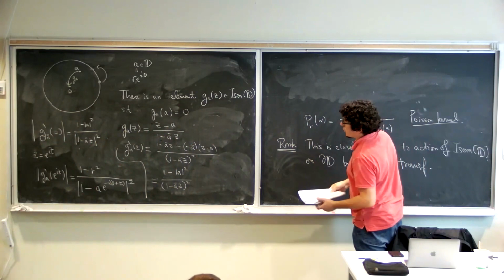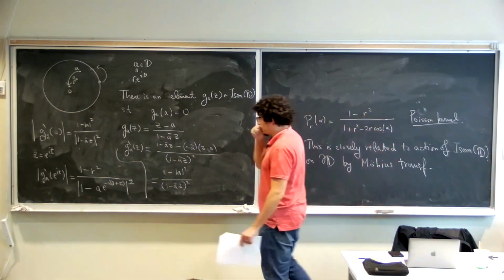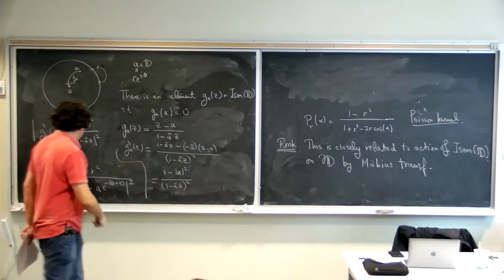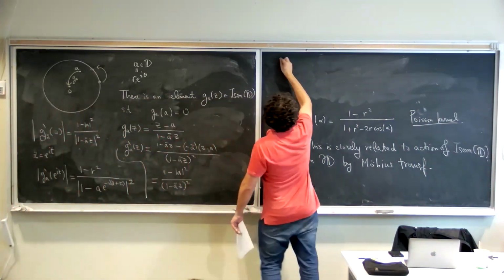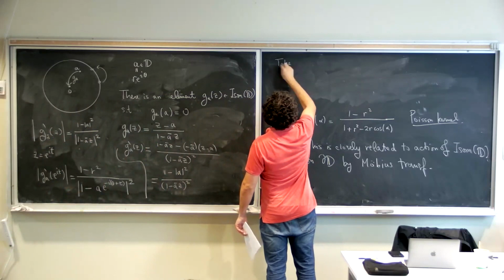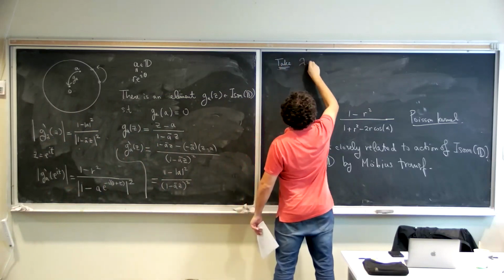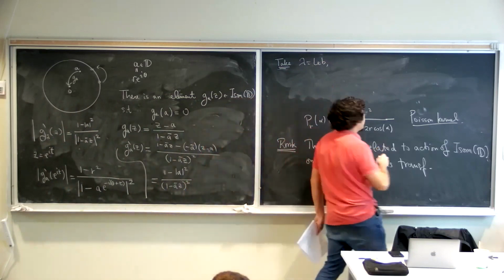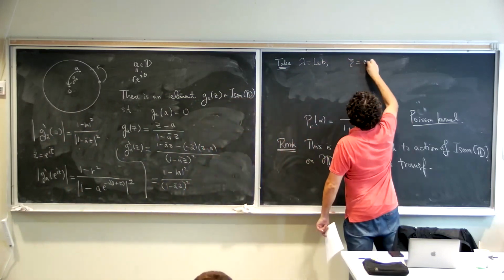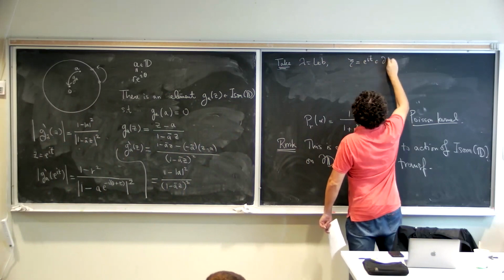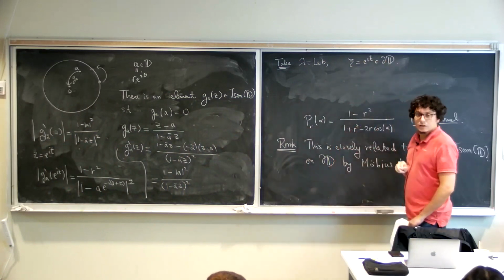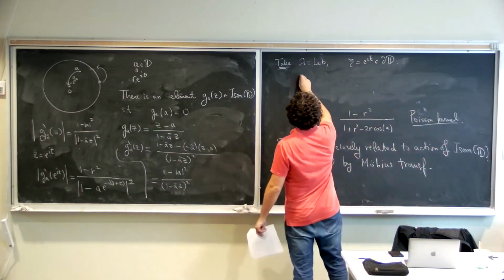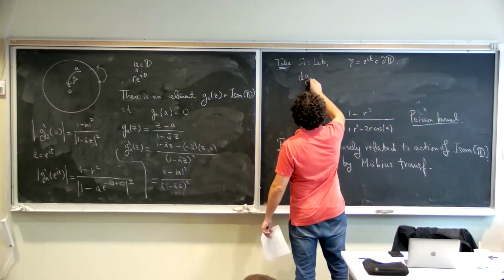So the observation is that if you take lambda, the Lebesgue measure, and you take a boundary point psi, which is e to the it, and now if we look at the Radon-Nikodym derivative of g_A lambda,